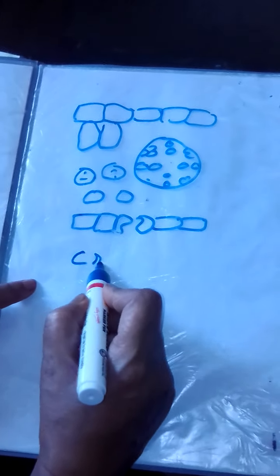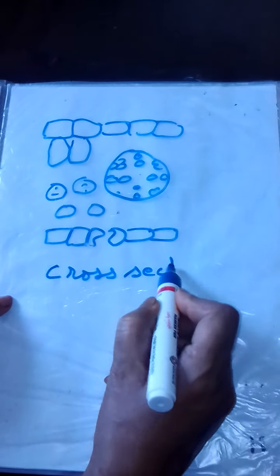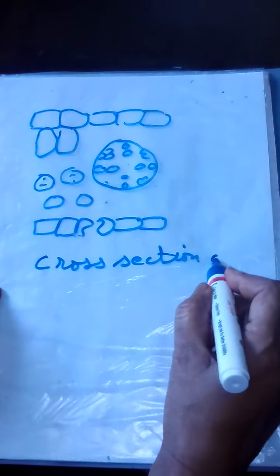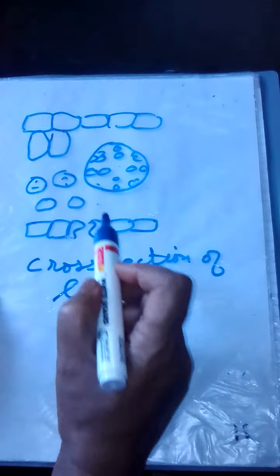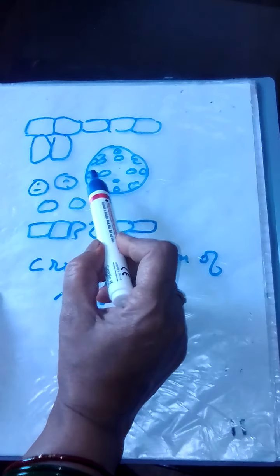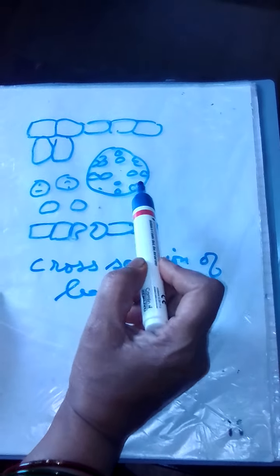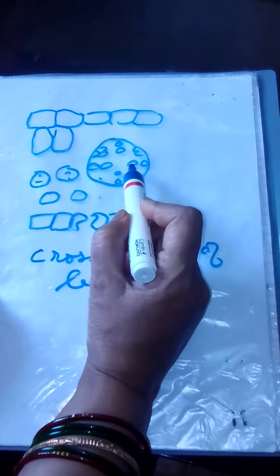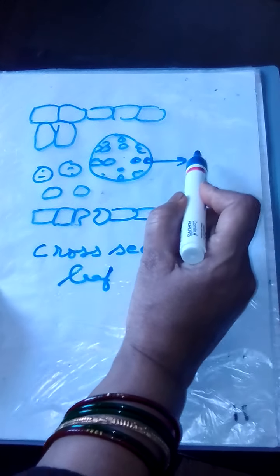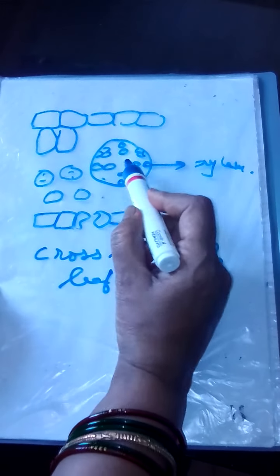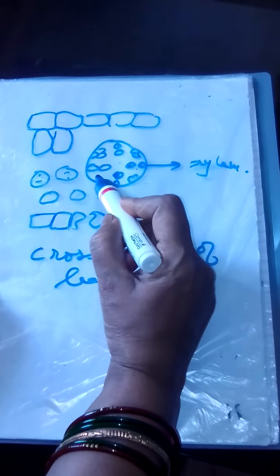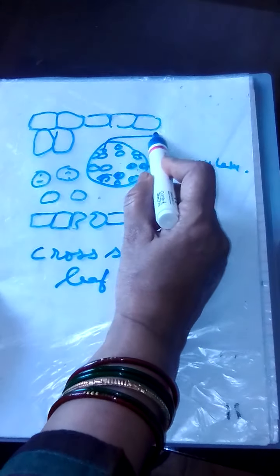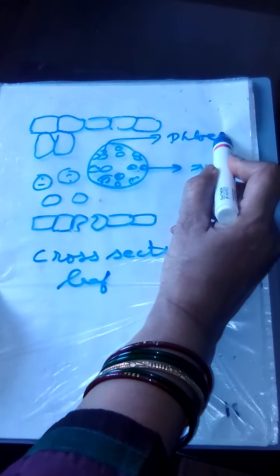Okay, here I have drawn a cross section of leaf. Try to recall, you read it in the nutrition chapter. Okay, this is cross section of leaf. This is upper epidermis, this is lower epidermis. And in the center, this is vascular tissue. Have you seen the midvein of the leaf and the veins? They are actually vascular tissue. So these are xylem, which brings water to the leaf, and these, 1, 2, 3, 4, are xylem, and in between these are the phloem tissue. What is it? Phloem tissue.